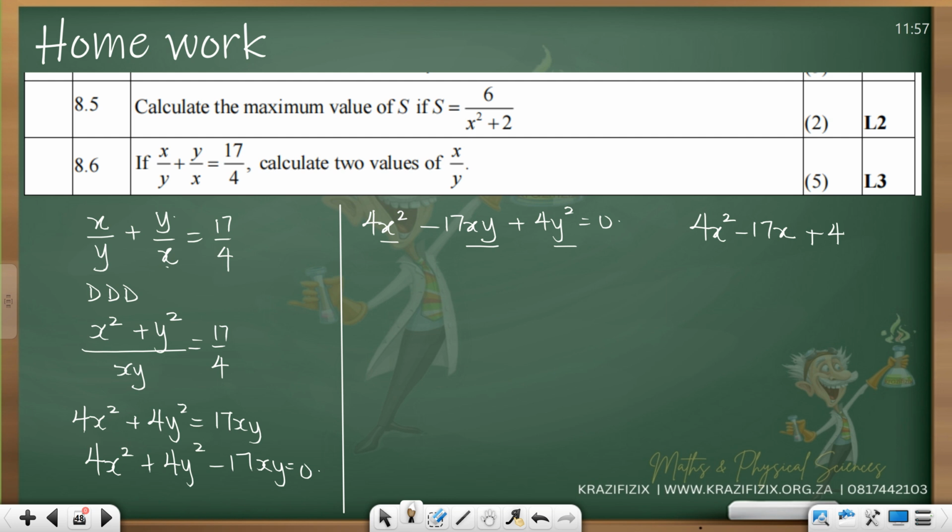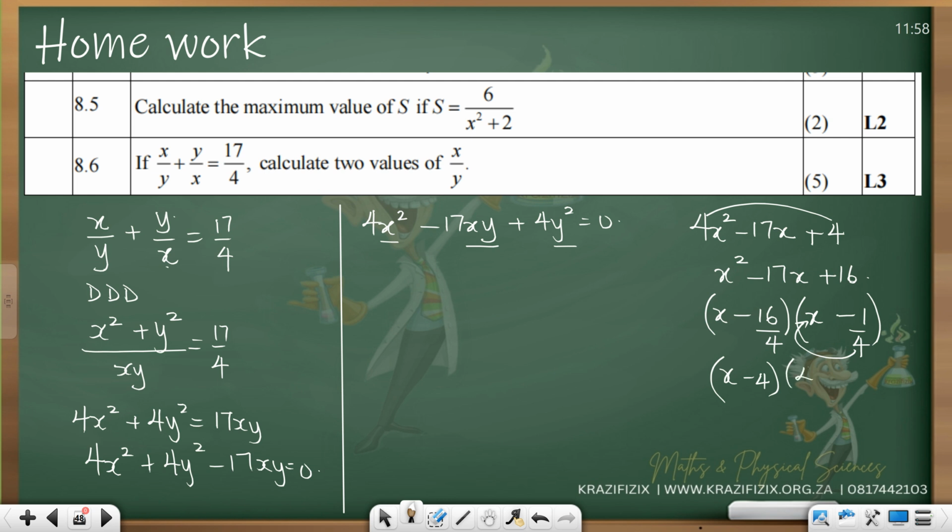Do you guys still remember how to factorize? 4 times 4 is 16. I taught you some crazy ways that I love. So let's factorize. Negative 16 and negative 1 would work. All right, now what do I do? I multiplied by 4, now I would divide by 4. If you remember, this is x minus 4. Now we put this here. Ooh, beautiful. We did all of that. So check what I'm going to do. X minus 4